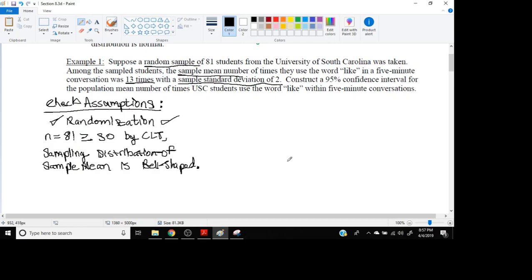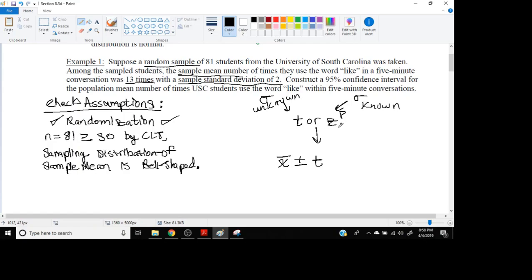This confidence interval requires us to have X bar plus or minus, all right? We're either going to use a T or a Z here, right? We use T when sigma is unknown, and we use Z when sigma, the population standard deviation, is known, right? And so if I read this, the only standard deviation that I'm given is our sample standard deviation. And so since we're only given the sample standard deviation, I'm going to use a T